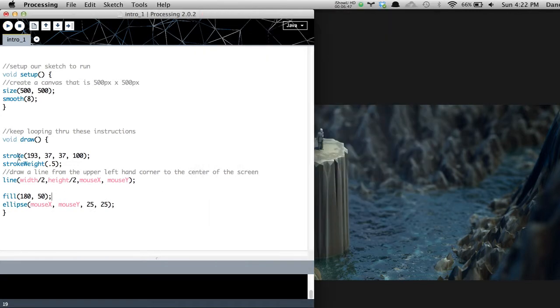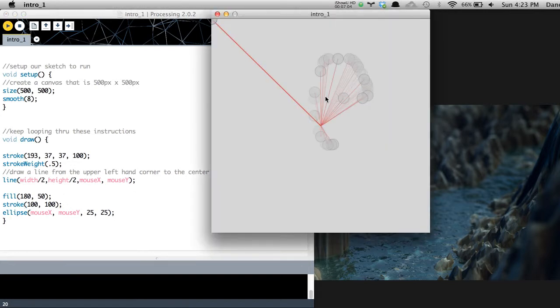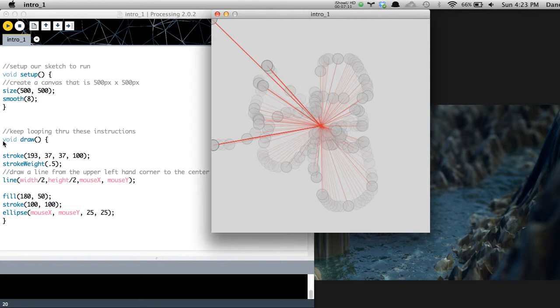So let's go ahead and change the stroke value. And let's set this stroke. Let's do it as a gray. So let's say 100 by 100. All right. Now, what I really want you to see from this, let that sit for a second, is